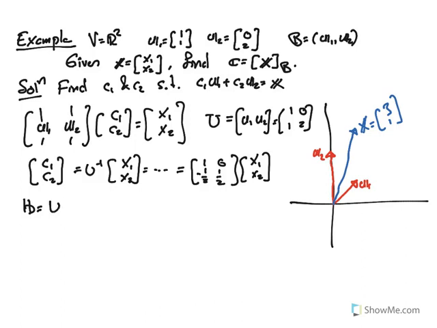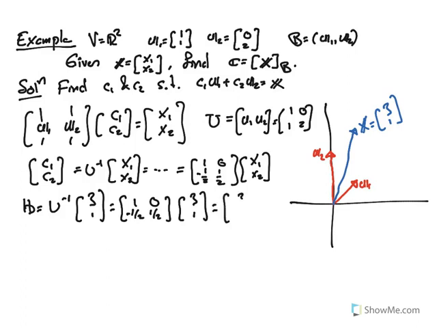So it is U inverse times (3, 1), which gives (3, -1/2)... Okay, something like that. So let's check. So 3 times